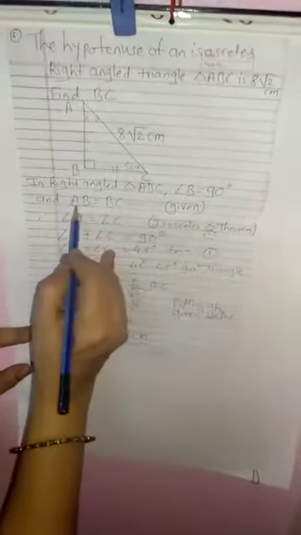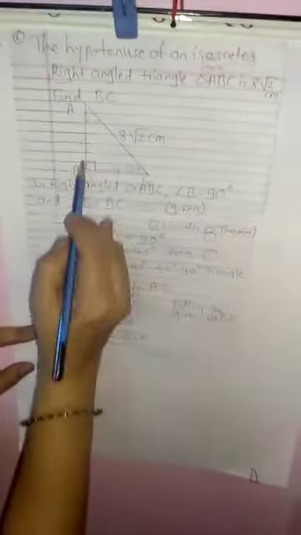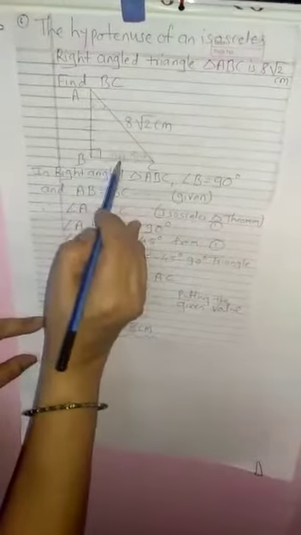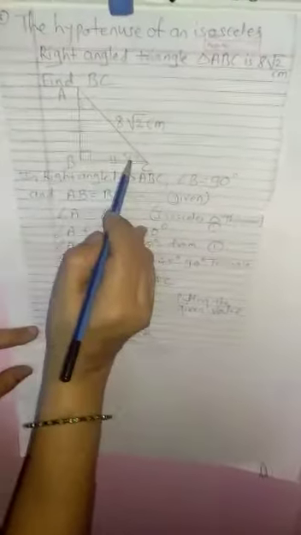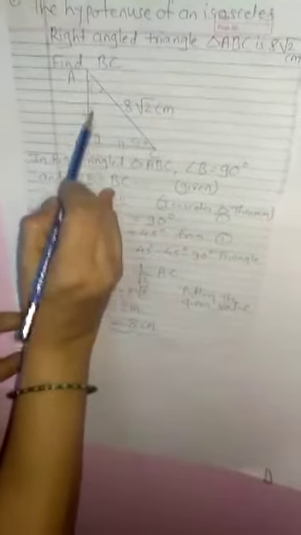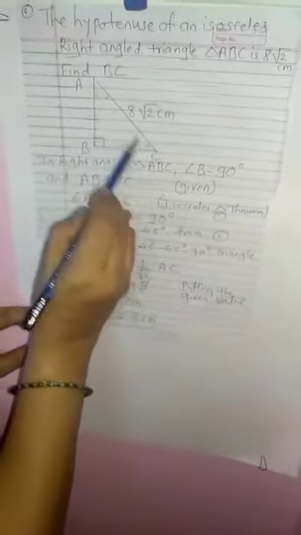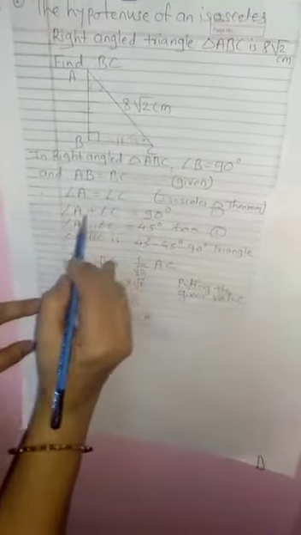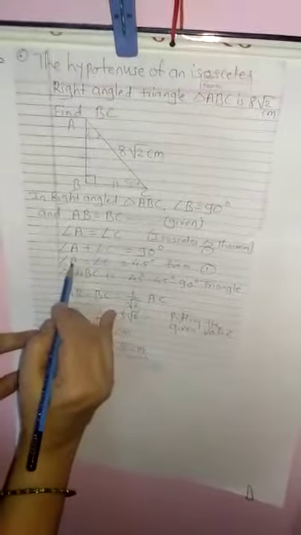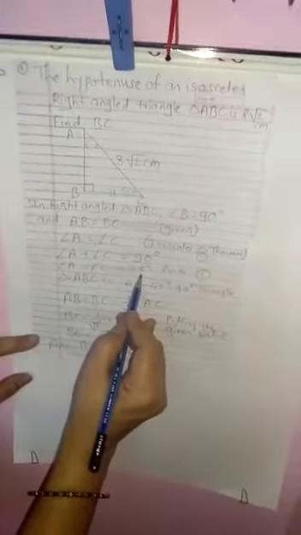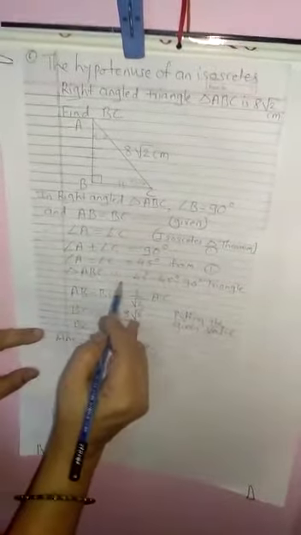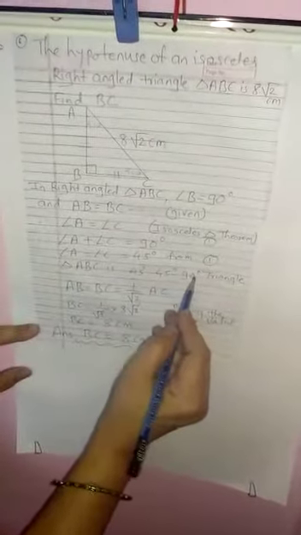So in right angle triangle ABC, angle B 90 degrees, AB is equal to BC given. As these two sides are equal, angles opposite to these two sides, angle A and angle C, are also congruent. Now as B is 90 degrees, angle A and angle C are two complementary angles and the sum of the measures of complementary angles is 90 degrees. So angle A plus C is equal to 90 degrees. These two angles are congruent, so angle A is equal to angle C is 45 degrees. So triangle ABC is a 45, 45, 90 degree triangle.